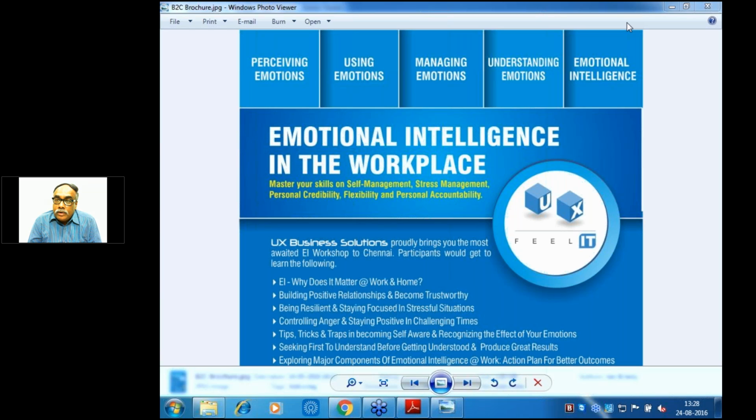This is about controlling anger, enabling you to become better in conflict management and interpersonal effectiveness. This is something which we cover. We have an assessment of conflict management by Thomas Kilmann, which enables you to know whether you are an accommodating, forcing, avoiding or collaborating personality. Because normally you think collaboration is good, but you may be an avoiding personality.